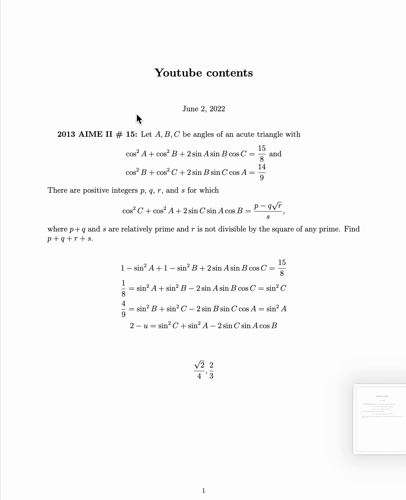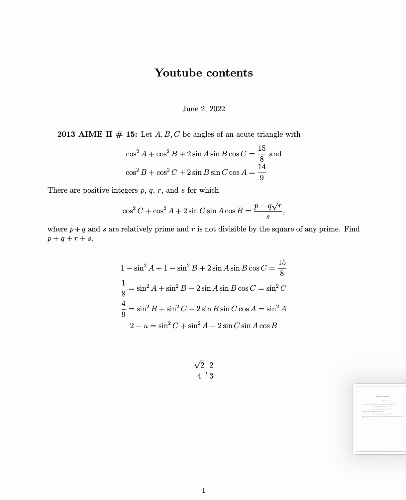So sine B is actually just equal to sine of A plus C. So we can rewrite this thing as